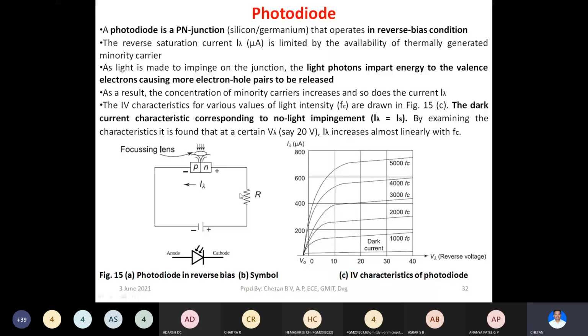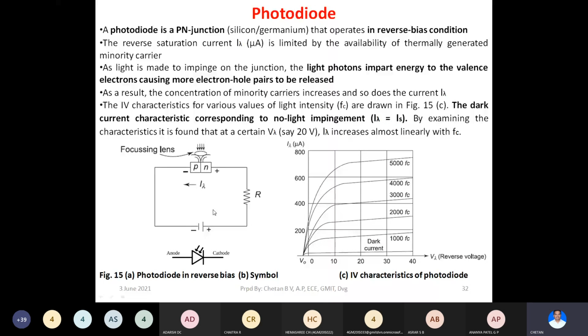Basically, this photodiode is a receiving device, right? When light falls on this, a maximum value of current flows through this resistance, and you can take the output across this resistance. The voltage across this resistance would be the actual output from this photodiode. This voltage source is only for putting this photodiode in the initial reverse bias condition, because initially you have to reverse bias this photodiode. In reverse bias condition, when excess light falls on this, it leads to a current, and the current is I lambda, right? I hope this is clear.